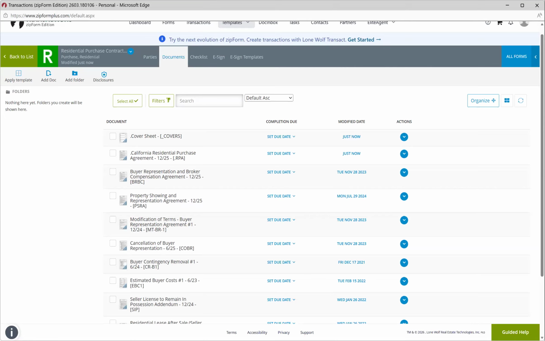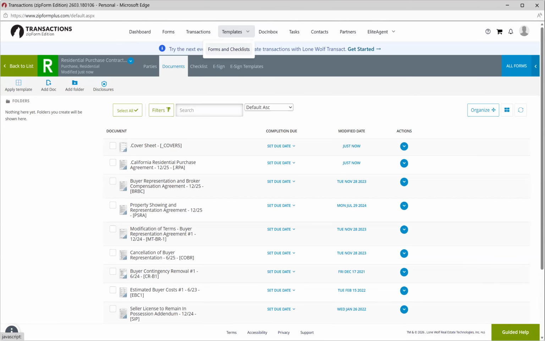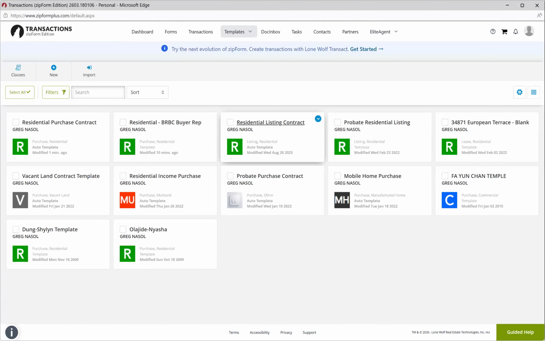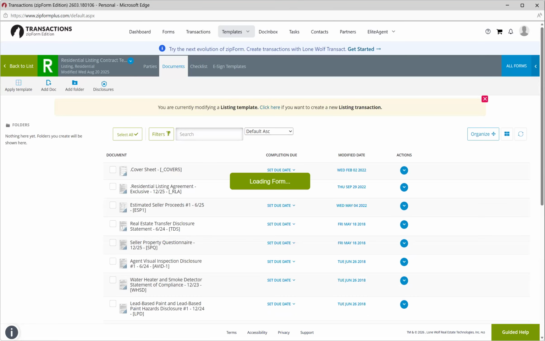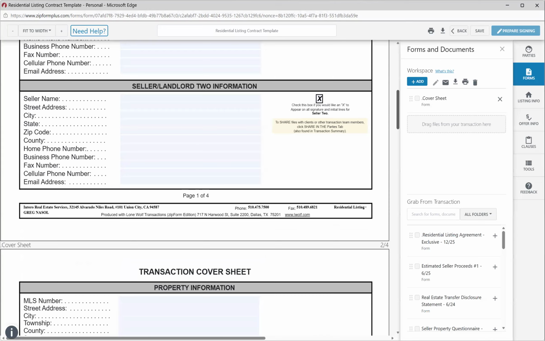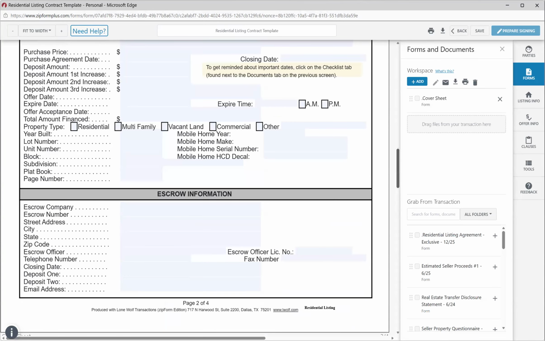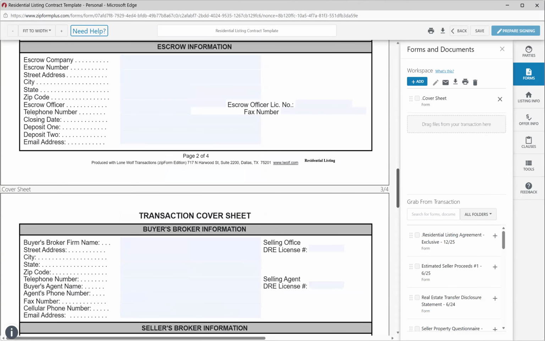Now, questions on the RPA, completing it? We're good? All right. So now let's look at the next one, which is the listing contract. Easiest contract. Again, go to cover sheet. See, I use the cover sheet. I teach you guys to use that. It makes your life a lot easier. Again, there's those X, no property information. No escrow, because when I take a listing, you don't really have that. In this case,